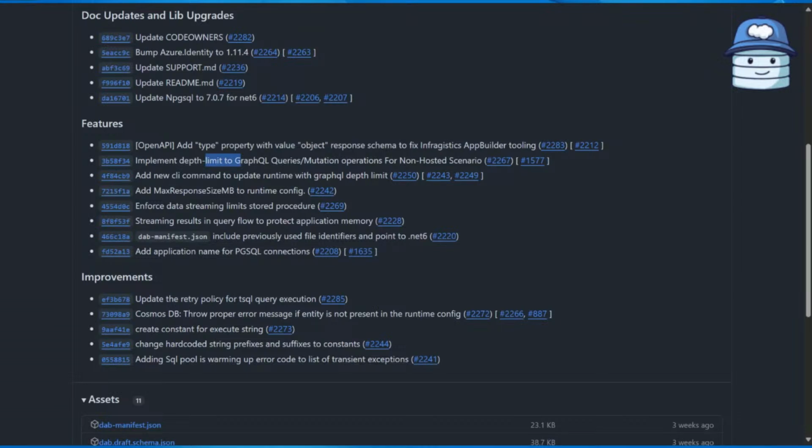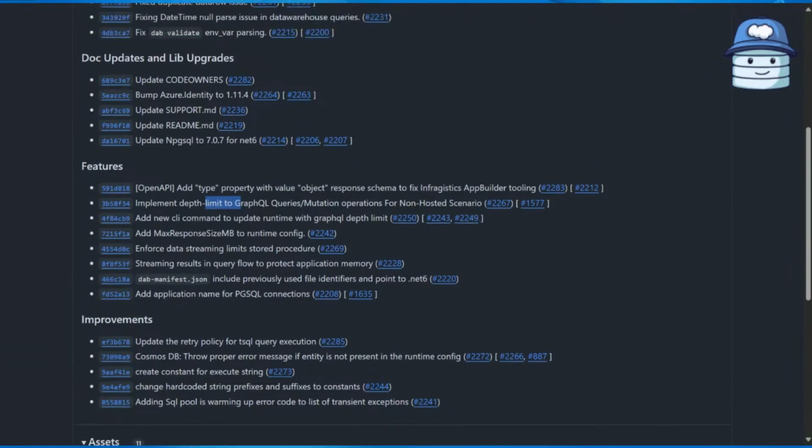So hopefully what you're getting out of this is we're not really releasing major features in these next few versions, these first 3 major releases. Instead, we're doing all of this stability enhancement to make sure that Data API Builder is the perfect tool for your toolbox for you to be able to add to your solution. Okay, that's everything about the release that I want to talk about. It's ready to go. You guys can go see the MCR container image has been updated, so that will be refreshed as well. If you're using the latest image, you'll get the latest version as well. So just look for